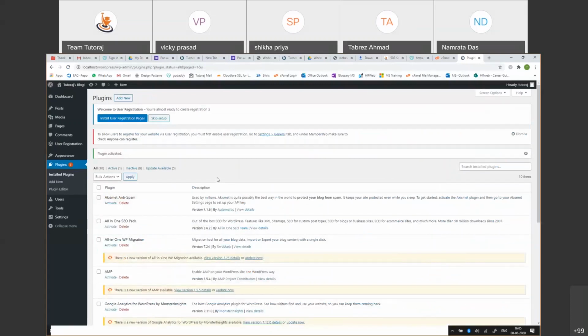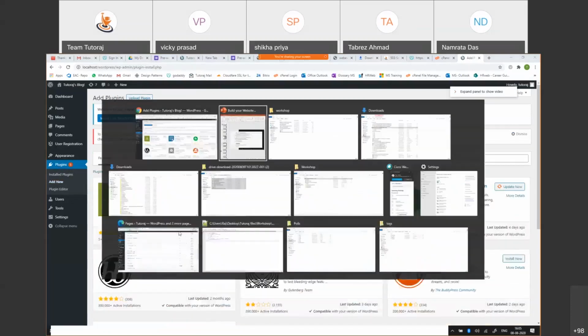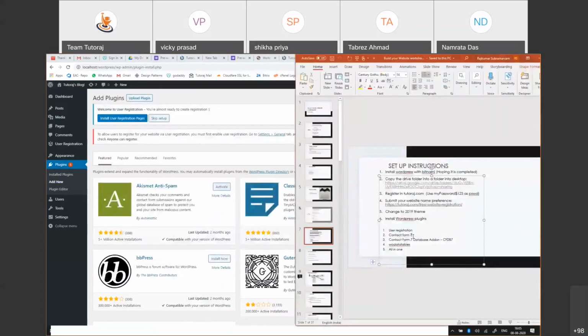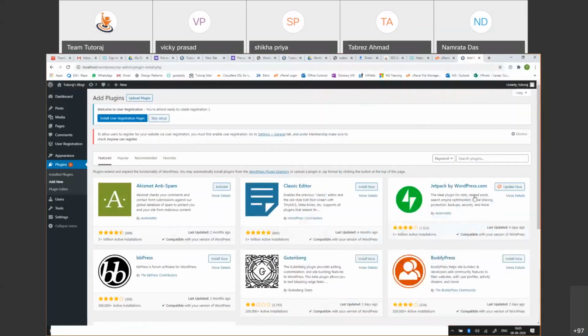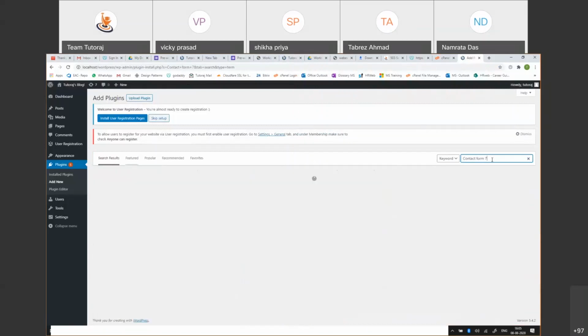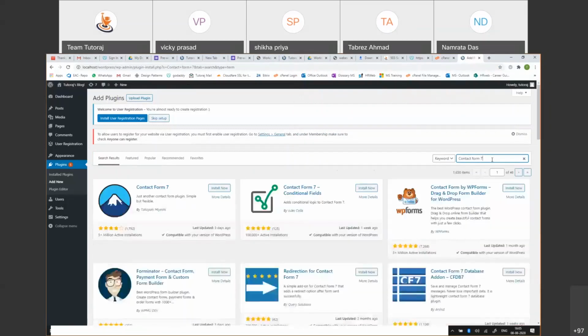After you click on activate, it will basically take you back to the home page of the plugin. Again, over the plugin, go to add new. Now select the second name in the plugins, which is Contact Form 7. Just copy that from the chat, click on the search plugin, paste it, hit enter. You will again get these sections. Here, the first one is the one that we're interested in. Click on install now.